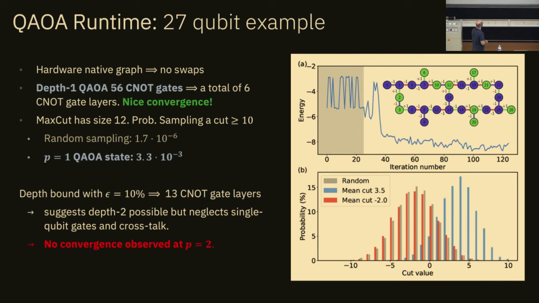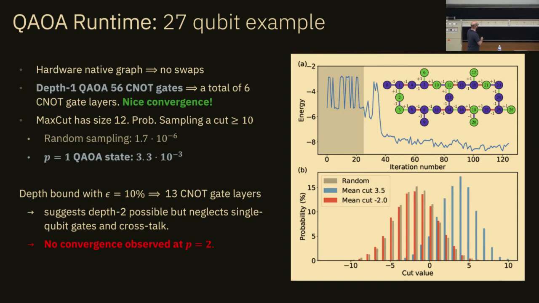And we tested this on a 27-qubit example, where you see here the connectivity of the chip. Depth 1 QAOA, where we used the problem that had a hardware-native connectivity. So all the 2-qubit gates that we need to apply were already natively supported by the hardware. That led to 56 CNOT gates with a depth of 6, and then we see a decent convergence. And you see here the cut value. So this is the